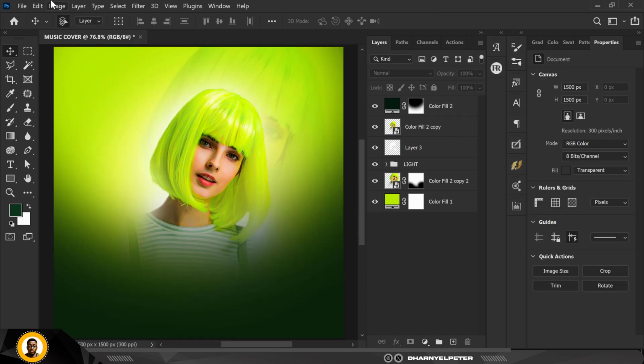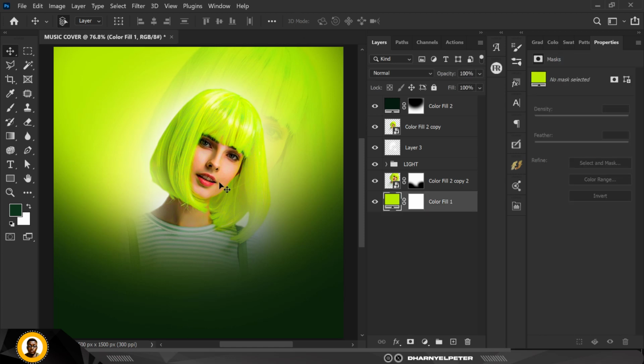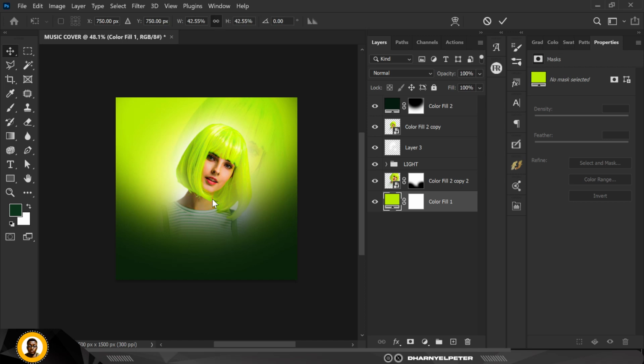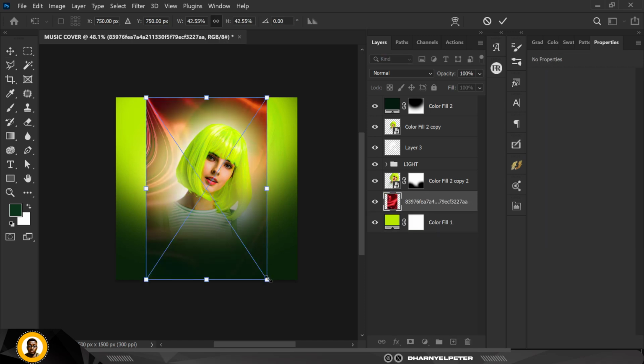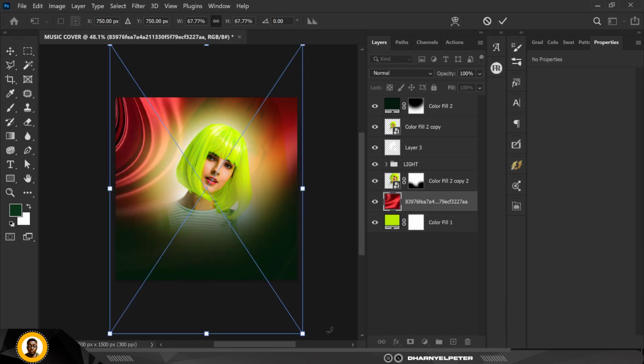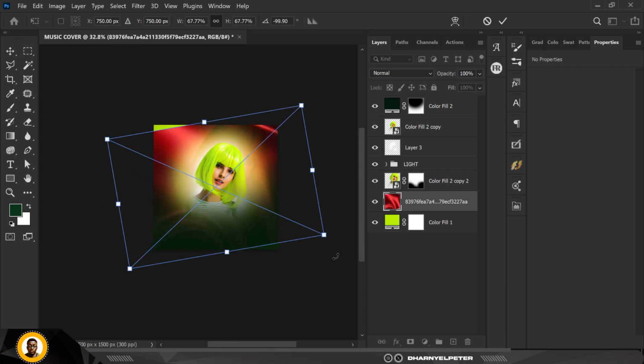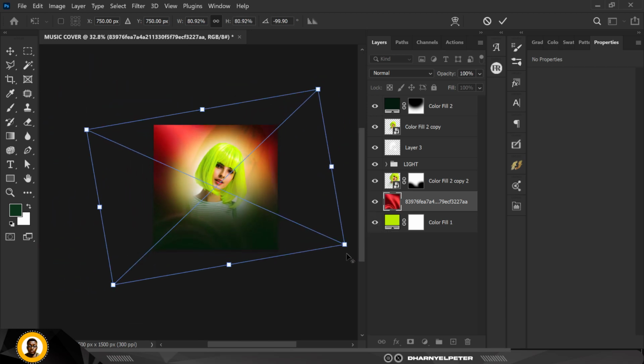So let me zoom in. Good. You can see that we're making progress with this image, right? Or with this particular design. Next thing I'm going to do is go over to resource file, and I'm going to bring this in. You can see where I have positioned myself, the second layer directly above the background. So make this bigger